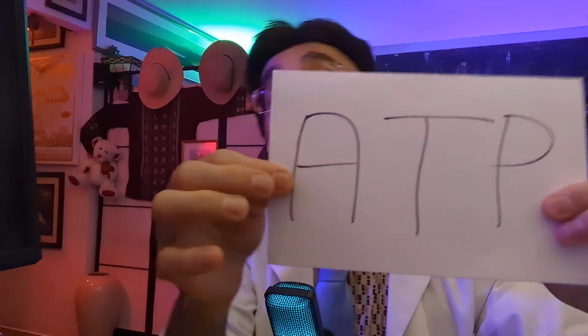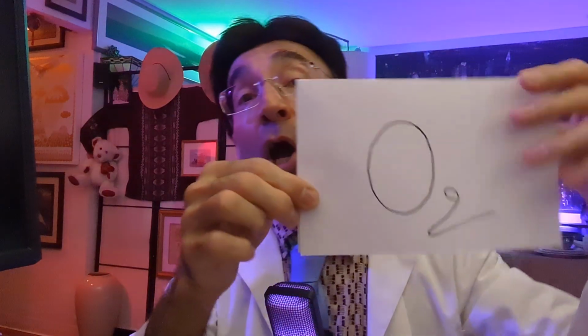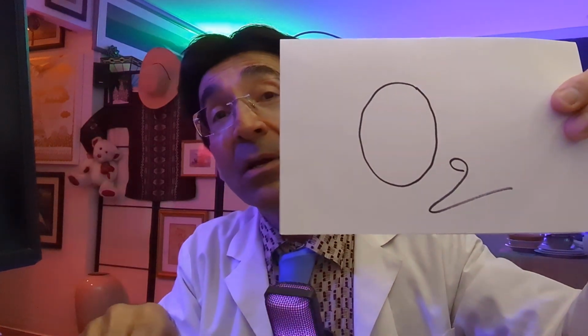So the 37 trillion cells of the average human body need ATP, a form of energy, in order to function. But the cells would not be able to transform the energy of the food that I eat into ATP without oxygen. So the oxygen that I breathe from this fresh, clean air in the city of Mountain View,